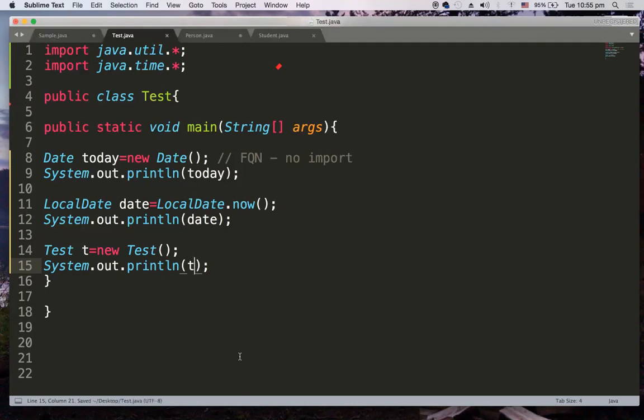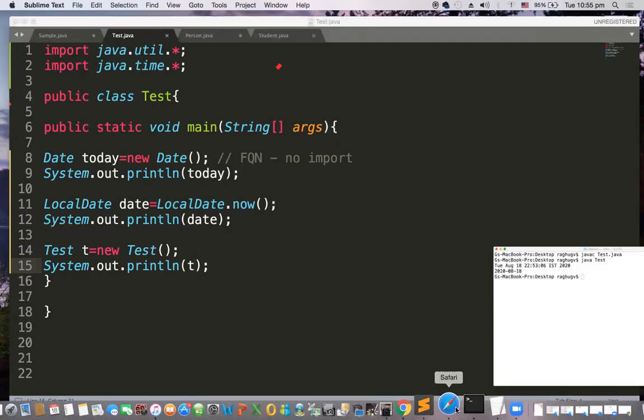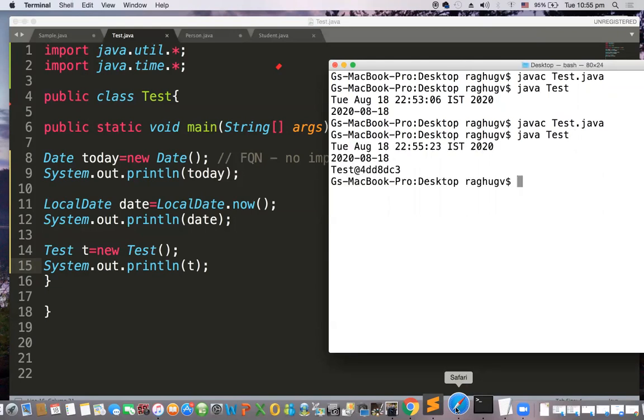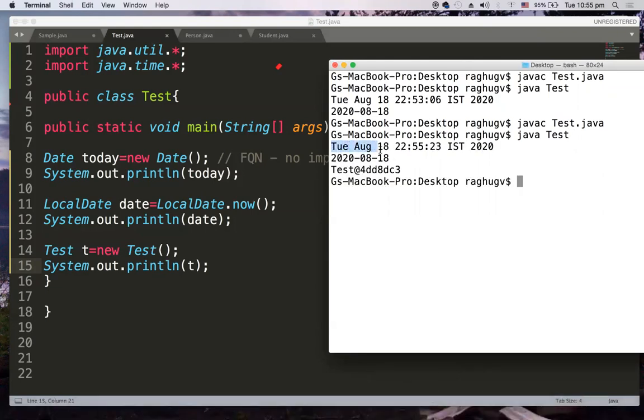So why actually that? Okay, so let me compile this and show you the difference initially. javac Test.java compiled successfully, and when I say java Test, now you see this is the date through java.util, and this is java.time LocalDate, and Test@ some hash value.